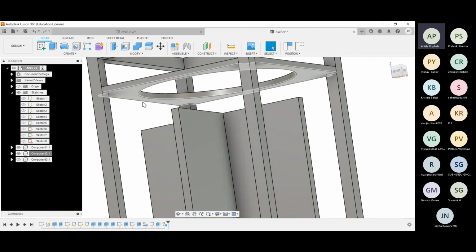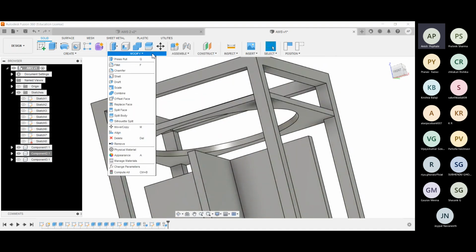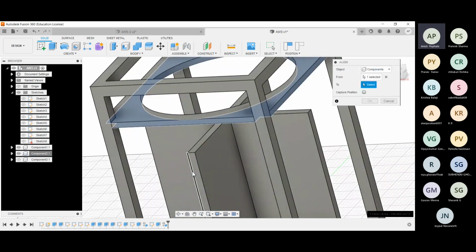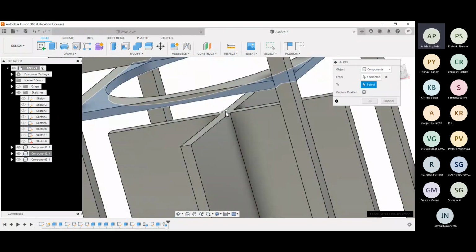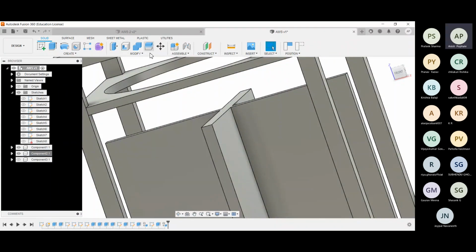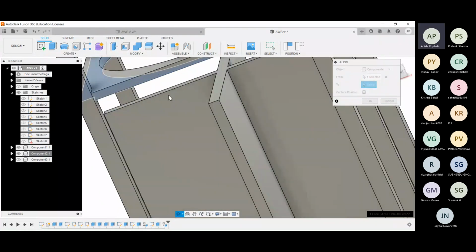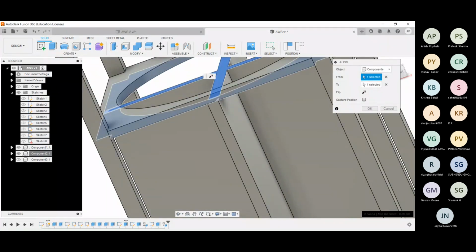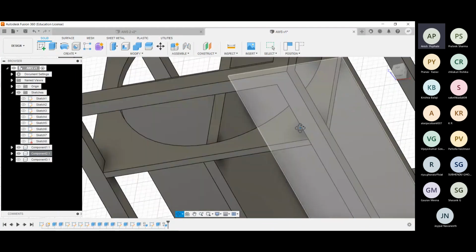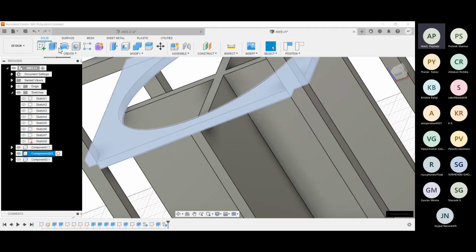For that, I will first align these two planes and then move it upwards by 4.5 centimeters. So I will go to Modify, Align, select this plane, then select this plane. Selected the center properly. Let me do it for long. Now I select this plane and the center of this plane, the corner thing. Now it has been aligned, and I need to move this component upwards by 4.5